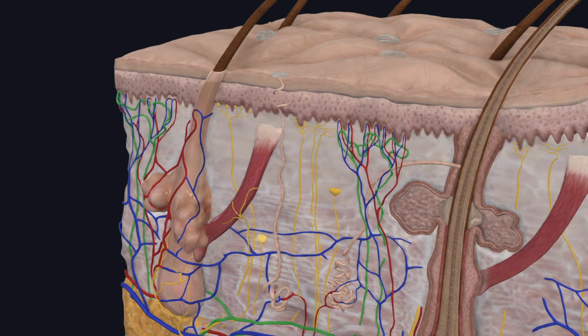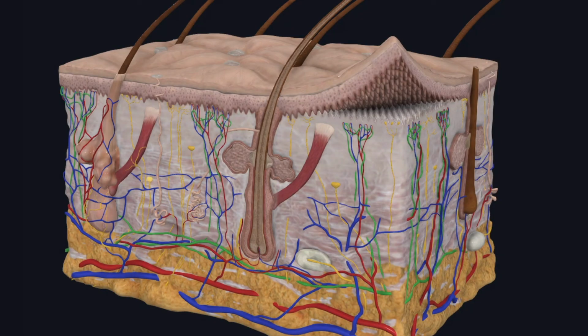Apart from the sensory nerves, the skin receives autonomic nerves that supply the smooth muscles in the walls of the blood vessels, the arrector pili muscle, and the myoepithelial cells present in relation to the sweat glands. They also provide a secretomotor supply to the sweat glands. In some regions like the nipple and the scrotum, the nerve fibers innervate the smooth muscle which is present in the dermis. Next, we'll see the functions of the skin.